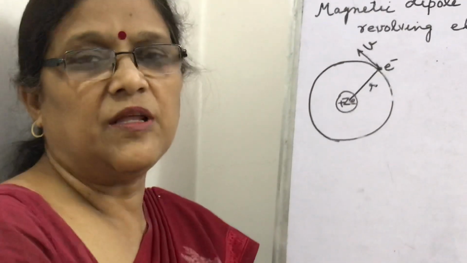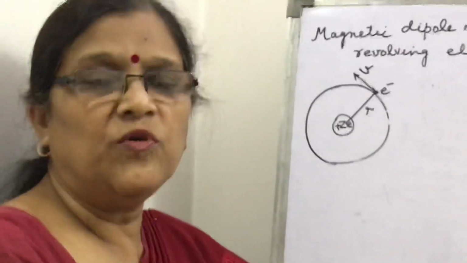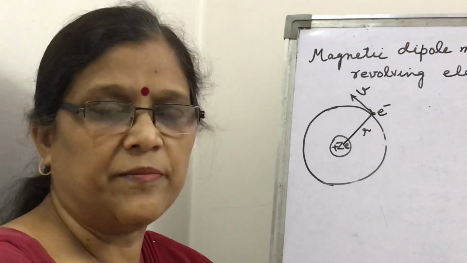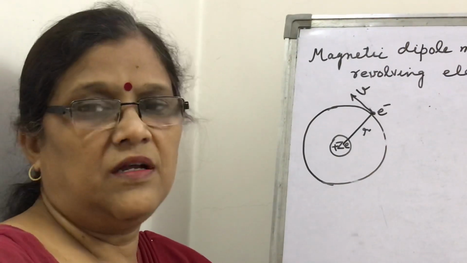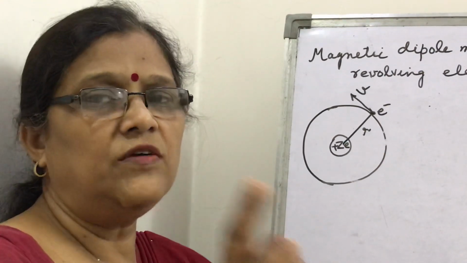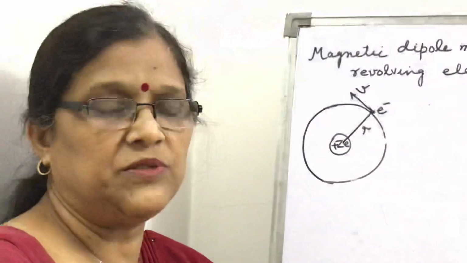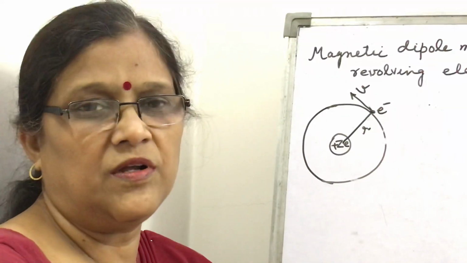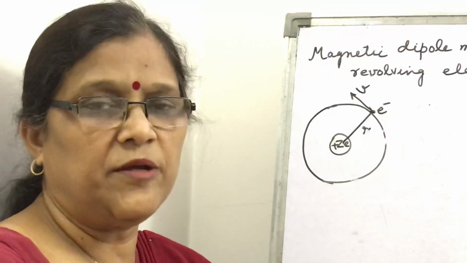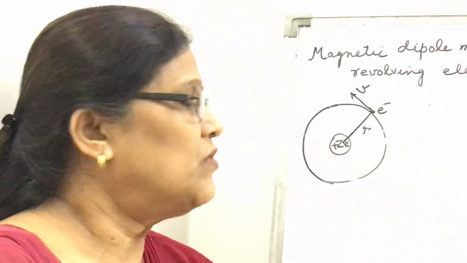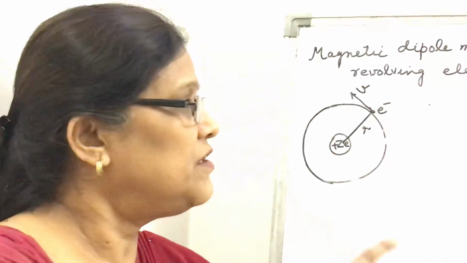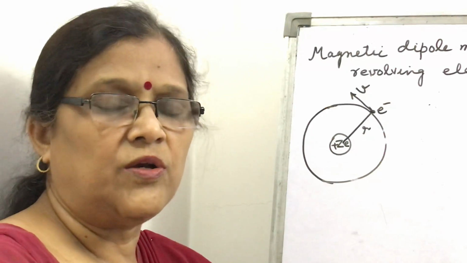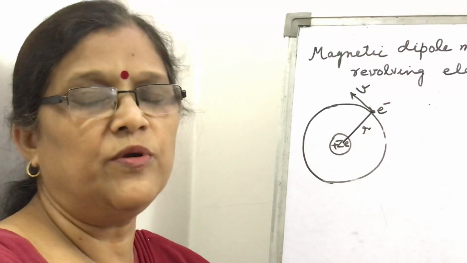Today we will discuss the magnetic moment associated with the moving electron. The electron is revolving around the nucleus in an atom. We know that the electron revolving around the nucleus can be supposed to be like a minute or tiny current loop. So every current loop has its magnetic moment. We will discuss today what is the magnetic moment associated with this moving electron. That is called Bohr magneton. Today we will discuss and derive the expression for Bohr magneton.